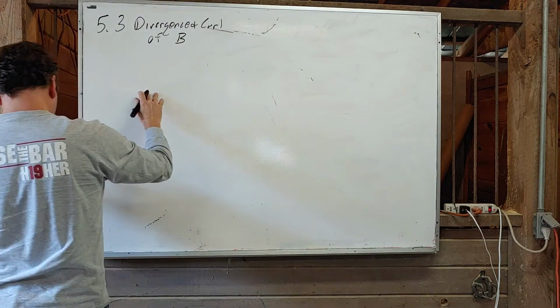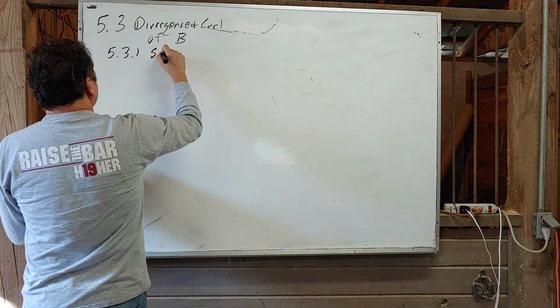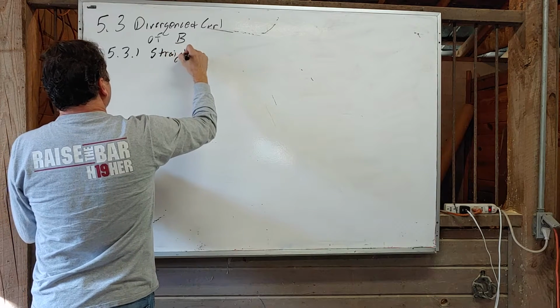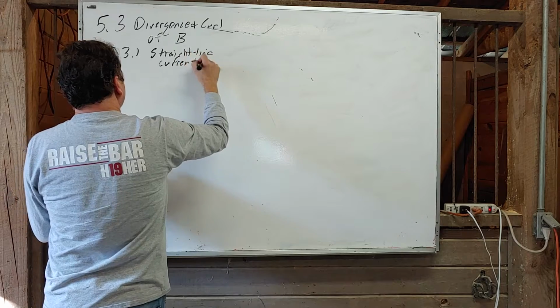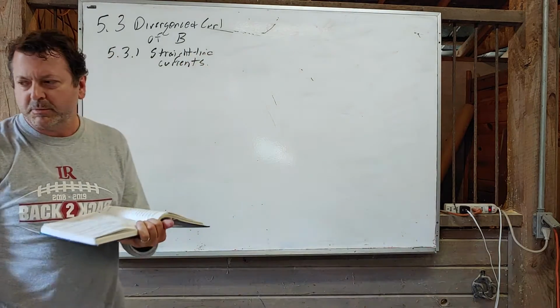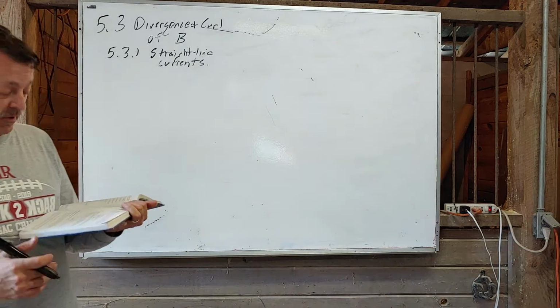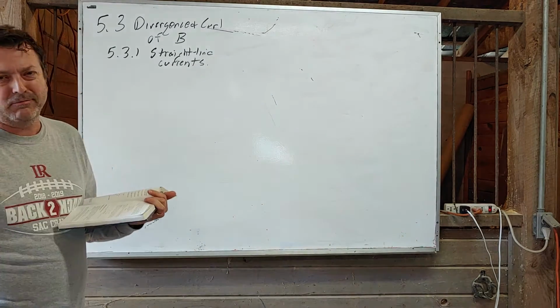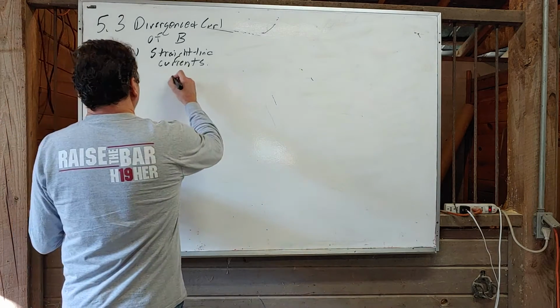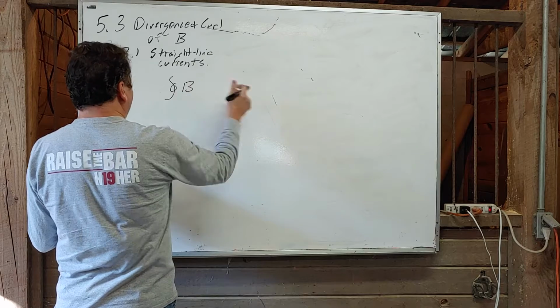Divergence and curl of B. And 5.3.1 actually is for straight line currents, which is what we've been dealing with because they're the easiest. We're crawling before we walk, before we run. Now, let's look at this. Let's just say, what if we take a straight line current, for a wire